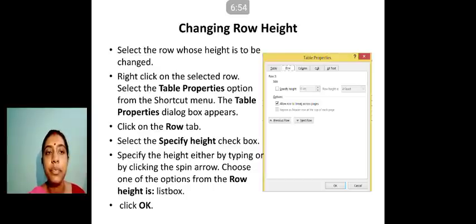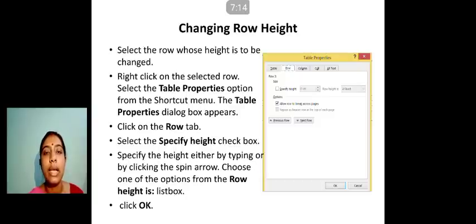Clear? Now in this dialog box you can see that it is given Specify height. First you have to click on that particular checkbox. Then only the next two options will be active, means highlighted. Right now it is not active, you cannot make any kind of change in that.